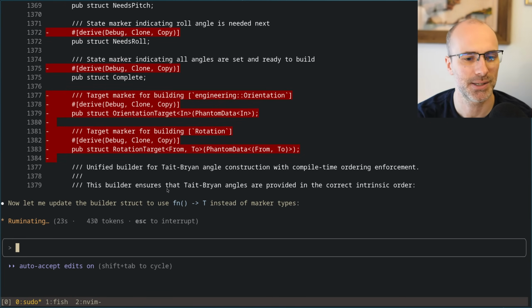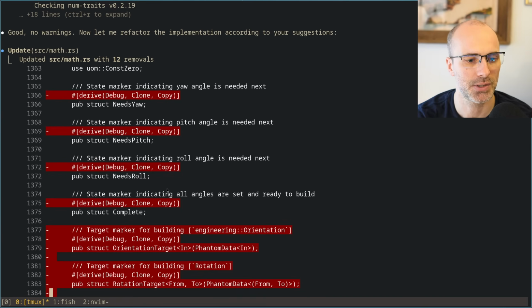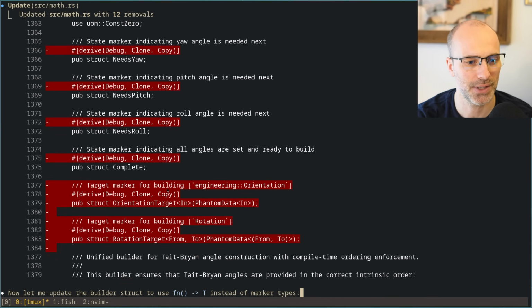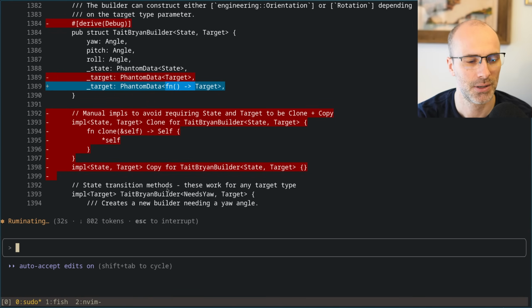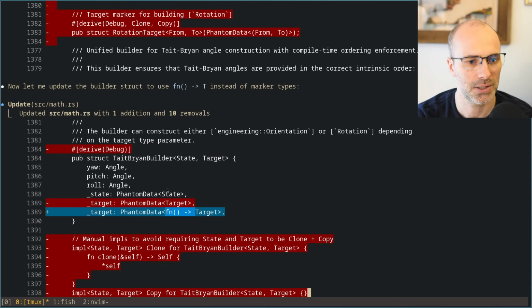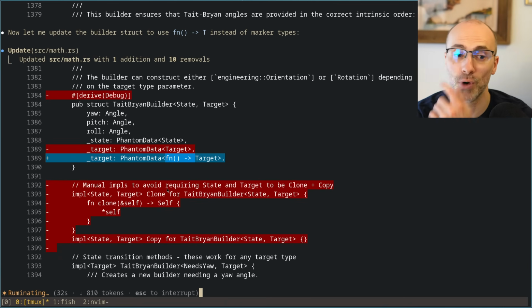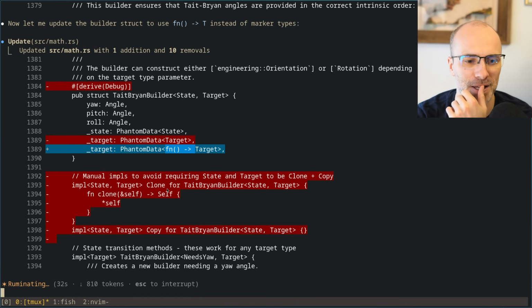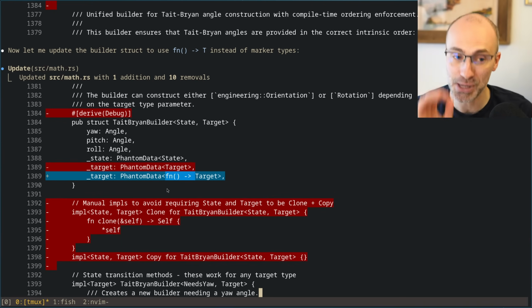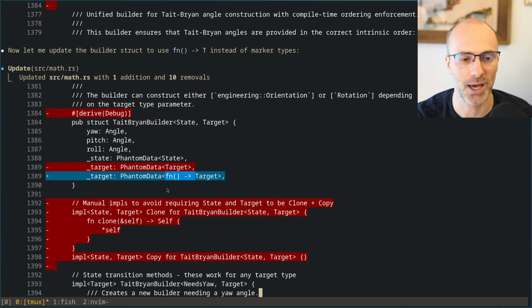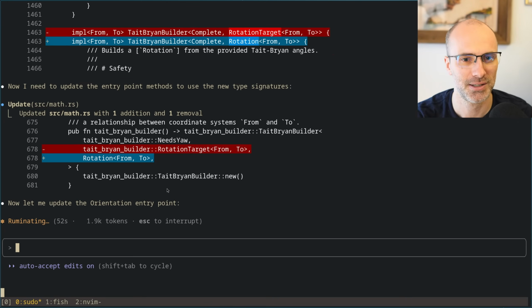All right, let's see what changes it makes. So it got rid of all the derives and the target types. And then it got rid of... but I still want debug on the builder. So hopefully it'll add those back. Because I still want the builder to be debug, clone, and copy. Sure.